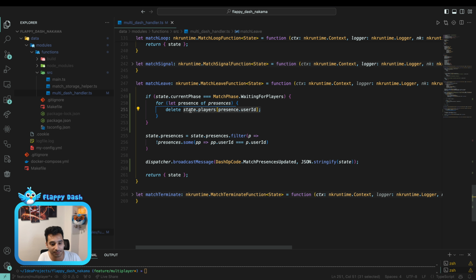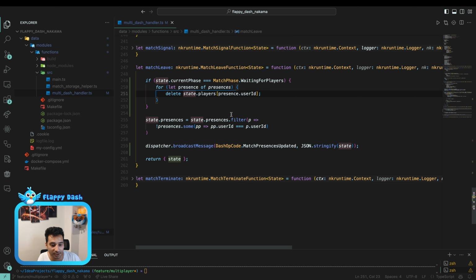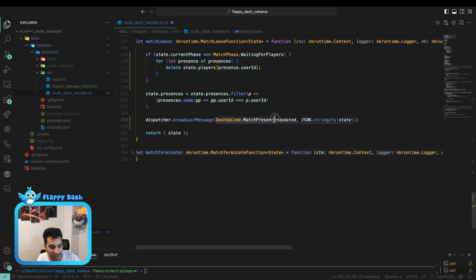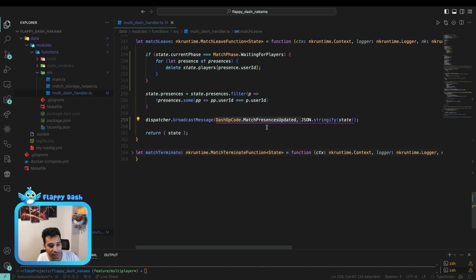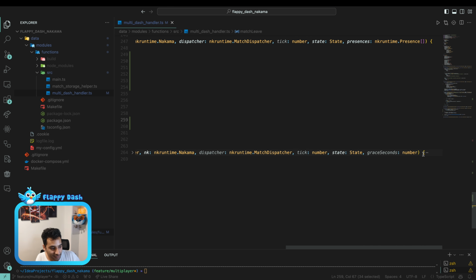So we just need to keep the state in the system, and we just update the presences to remove the people that have left the match. And we just send the match presences update to everyone, so everyone can update their local state to remove the left players.